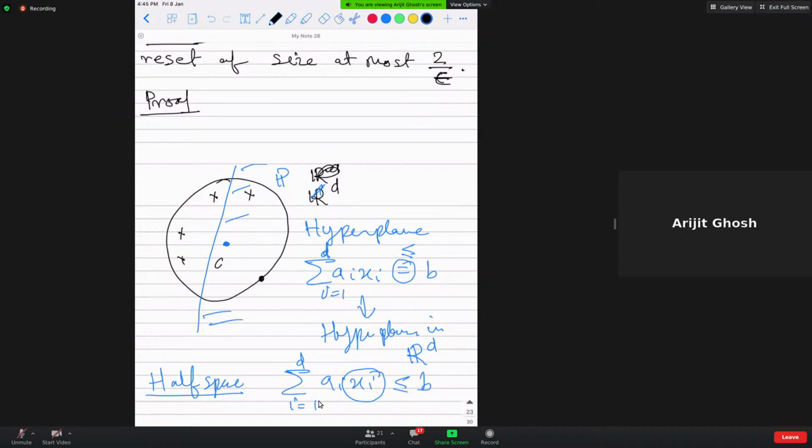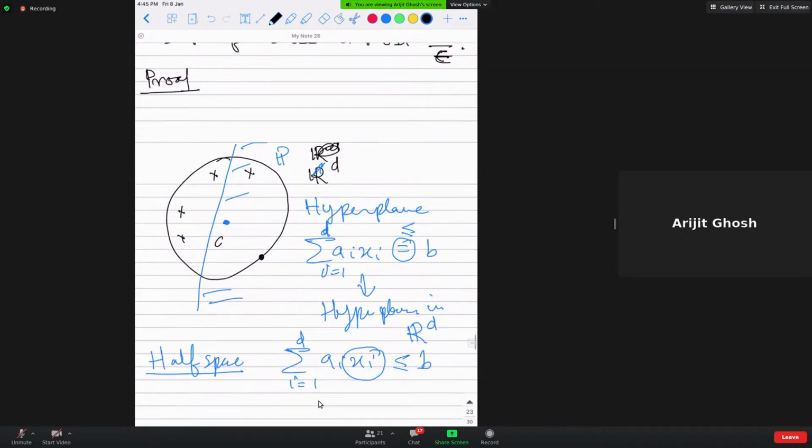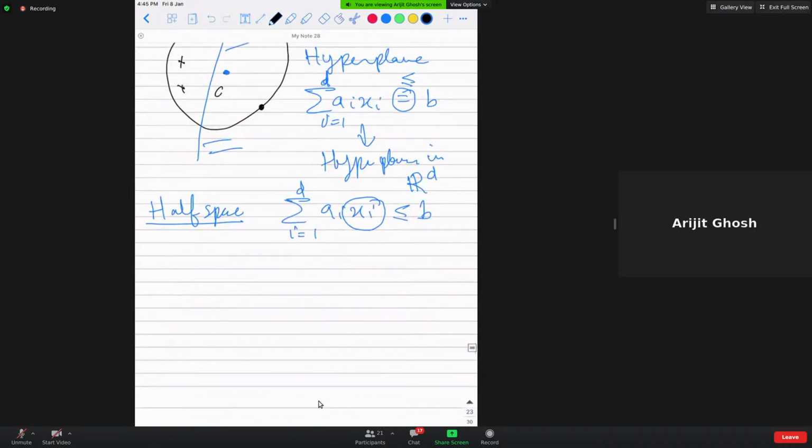Okay, is the result clear? What I'm trying to say? So look at it in terms of R2. Okay, R2, you have this minimum enclosing ball for, let's say, some set of points. It has a center